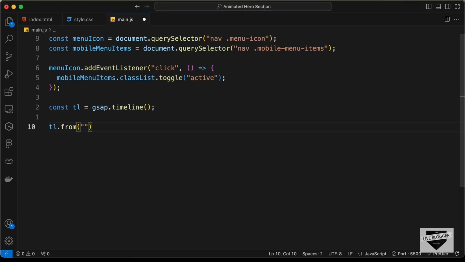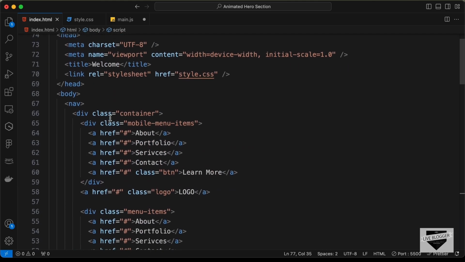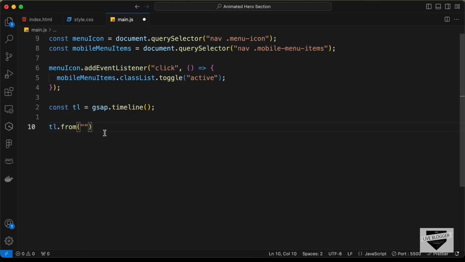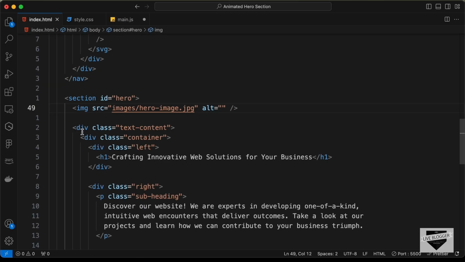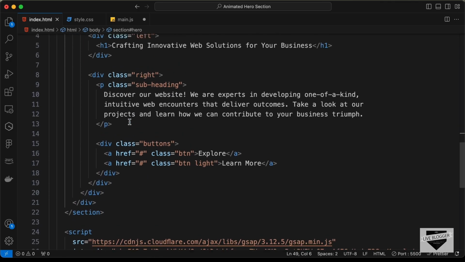So let's go back, and if you go to the HTML file, here we can see inside the hero section, we have this img tag. So it is immediately inside this hero section. So we can just go ahead and type #hero, and in that we have the image. So I'll just type greater than img. So it will target the immediate image tag, and it will not target the images inside any of the other